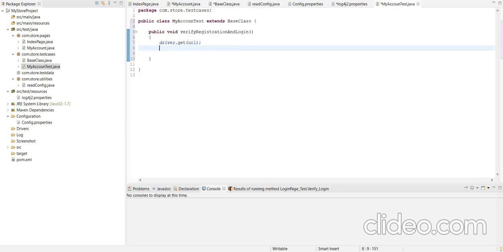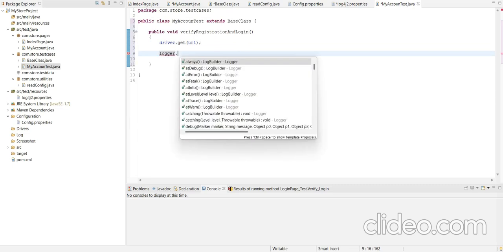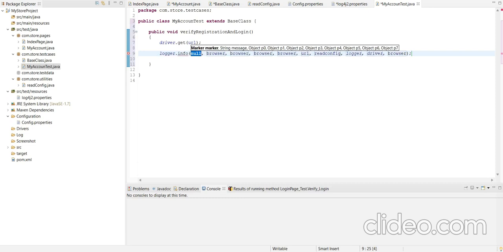Now we also have to log the information, so logger.info, and here we write the information that we have to log. We have to inform that the URL is open, so here we write URL is open. This will generate the runtime log information.